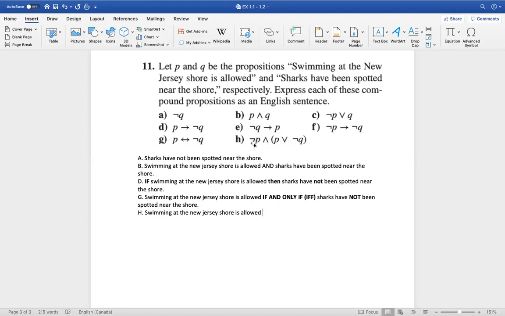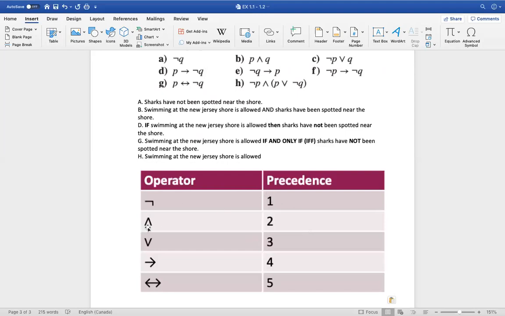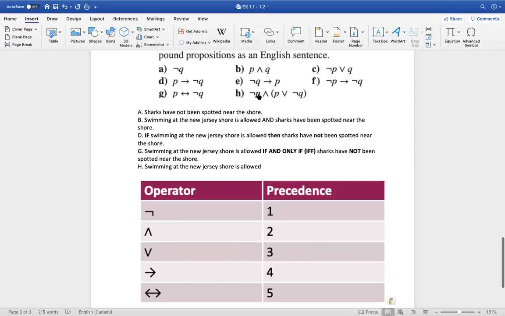So we take this P first. I'm not sure if you have had the chance to go over the precedence for the compound statements. So here I'm just putting the precedence over here. Negation has the highest precedence, and so on. So if we consider this, solving each part based on the precedence, we will say